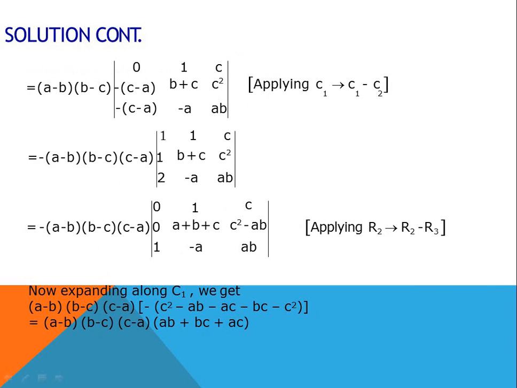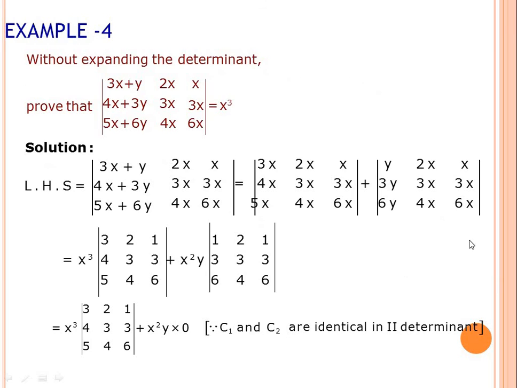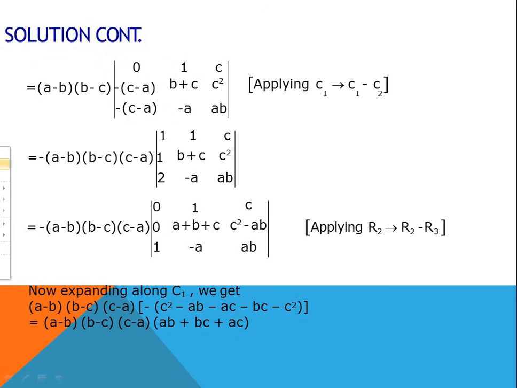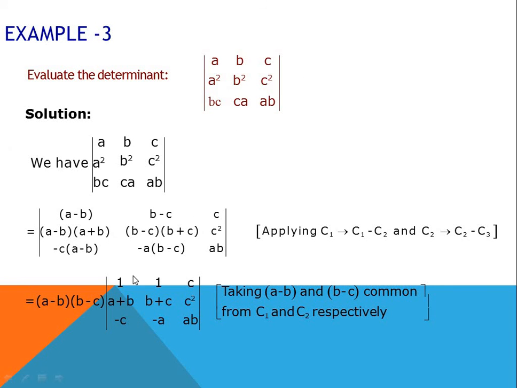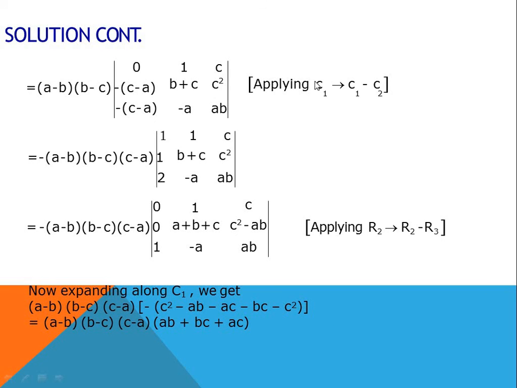Okay, now move further. In the previous step we got this determinant like this. To solve this determinant further, what we can do is try to get a 0 as one of the elements in a row or column. It will be very easy to solve the determinant if we get 0 in either a row or column. So the easiest way is to subtract the second column from the first column so as to get 1 minus 1 as 0. So following this operation, C1 as C1 minus C2, we get the 0 in one of the rows or columns.